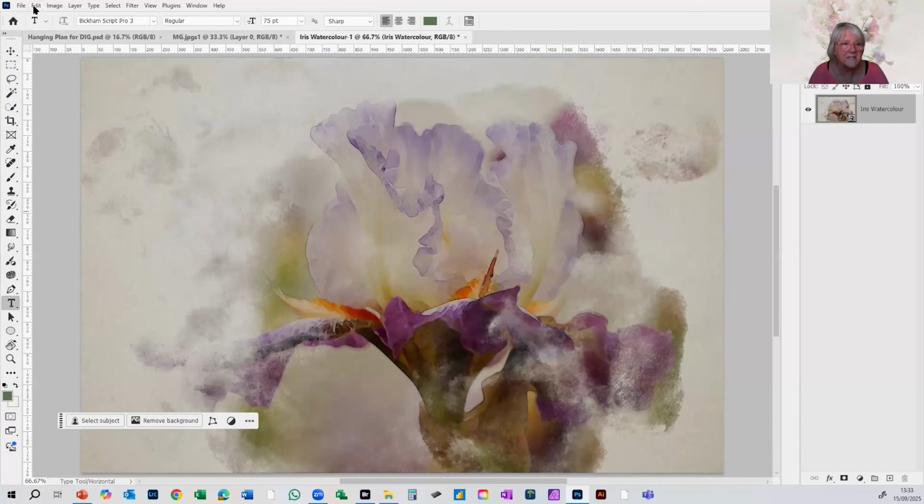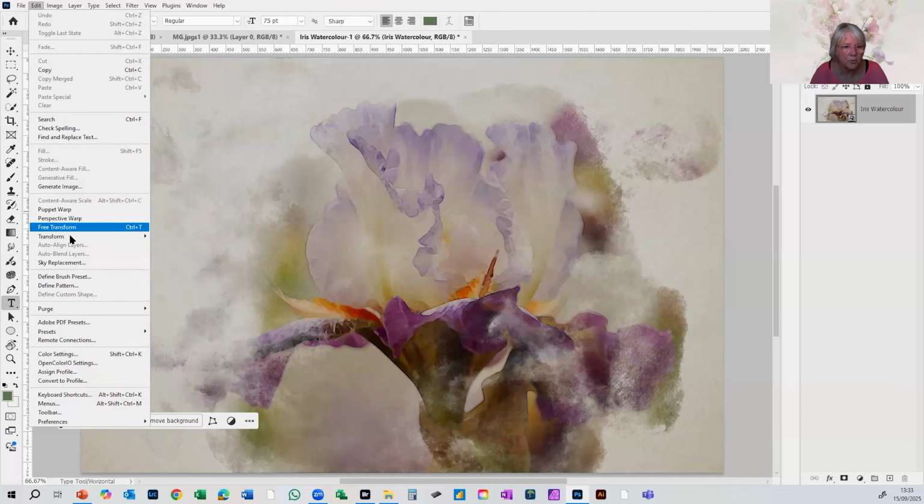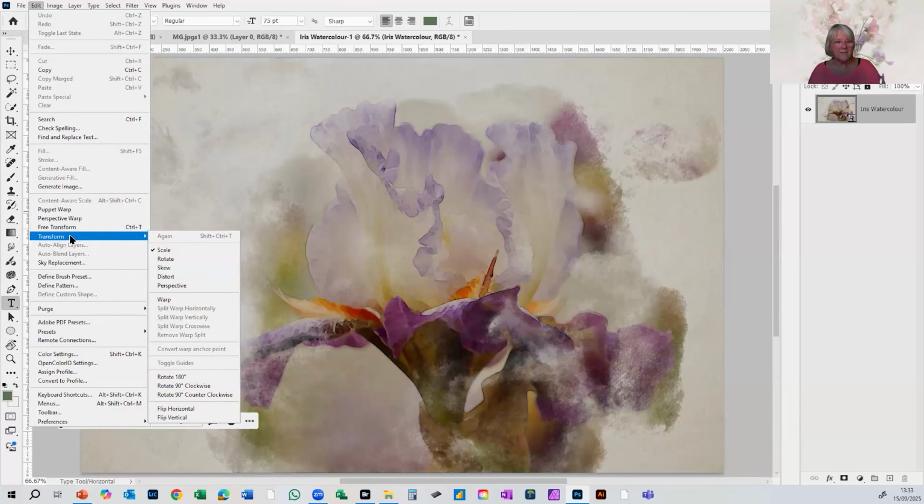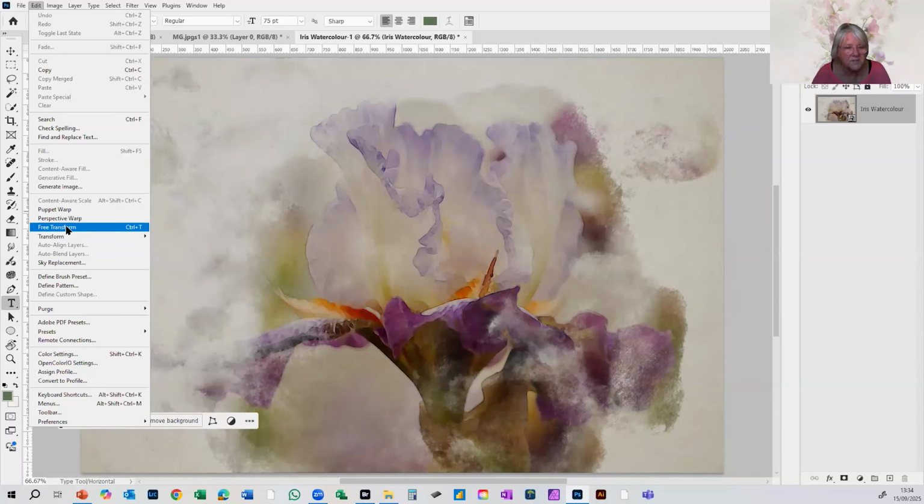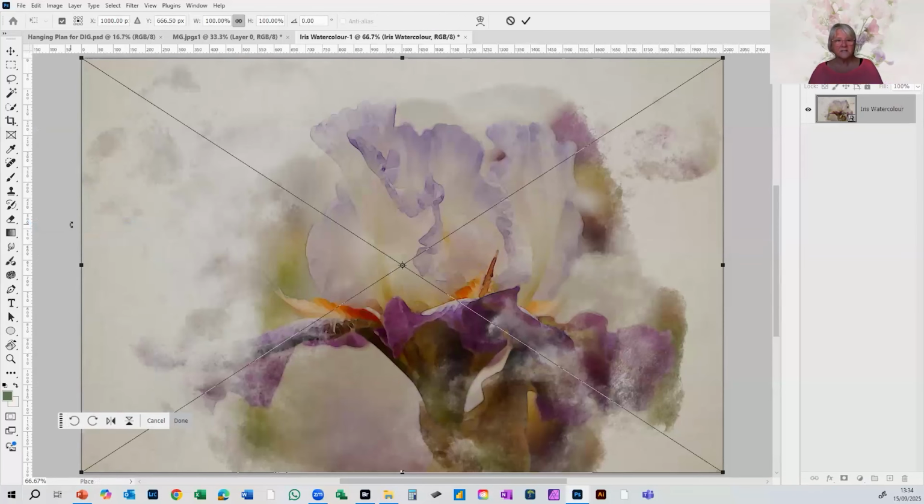So if I use the edit menu now and start transforming it, and again, I've gone down the edit menu, paused over the transform option, and this gives me my pop-out menu where I can get to things like scaling. And this is only allowing me to resize the image. If I wanted to rotate it or skew it and distort it, I would need to select any one of these choices. Whereas if I choose free transform, again, that's got its own keyboard shortcut, that's going to give me